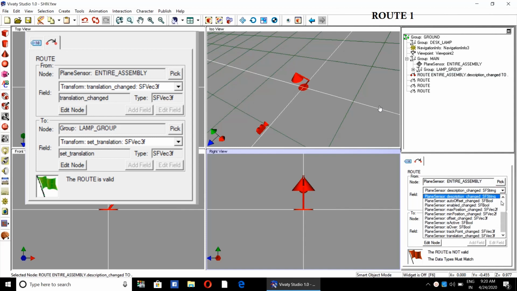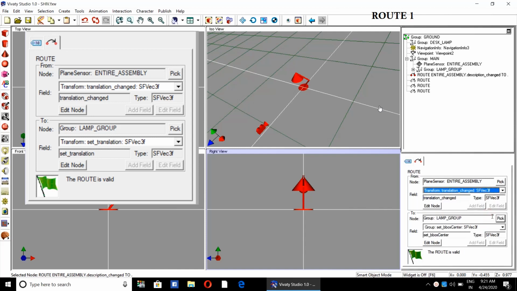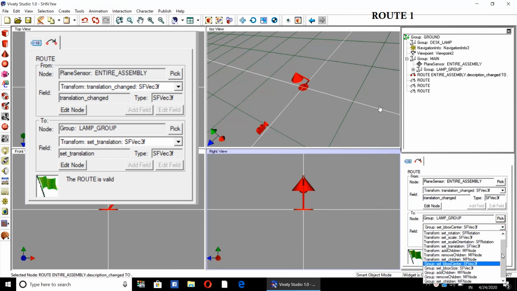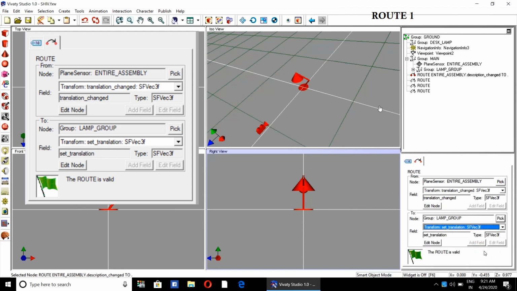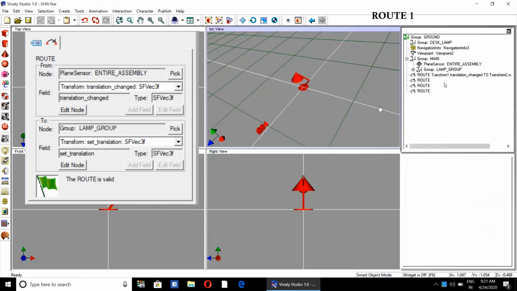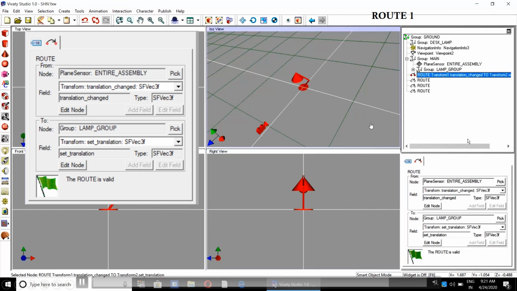And SFVec3f translation changed. Select translation changed. Here also same. Correct. This is the required route.